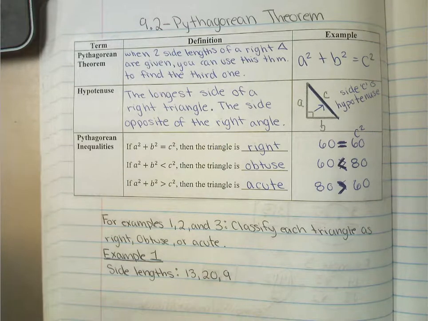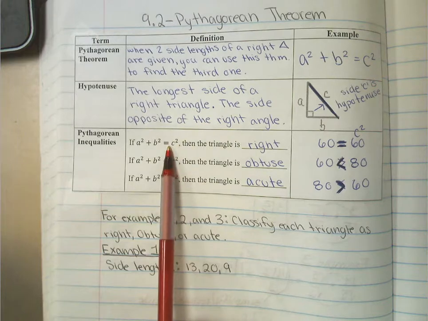Alright, so this is section 9.2, Pythagorean theorem. This is going to be in two parts. This first video is going to be part 1, which is about the Pythagorean inequalities. I use these inequalities to determine whether a triangle is right, obtuse, or acute, depending on